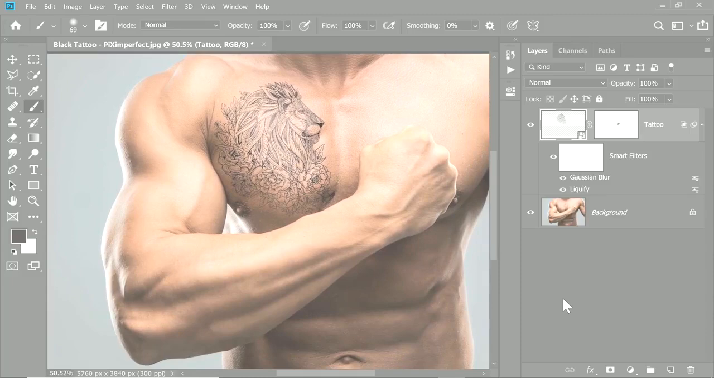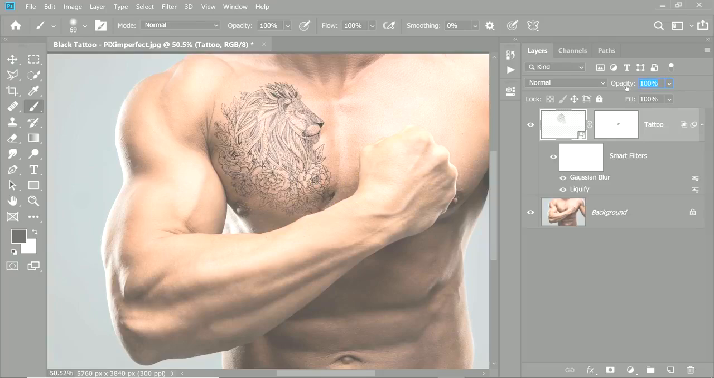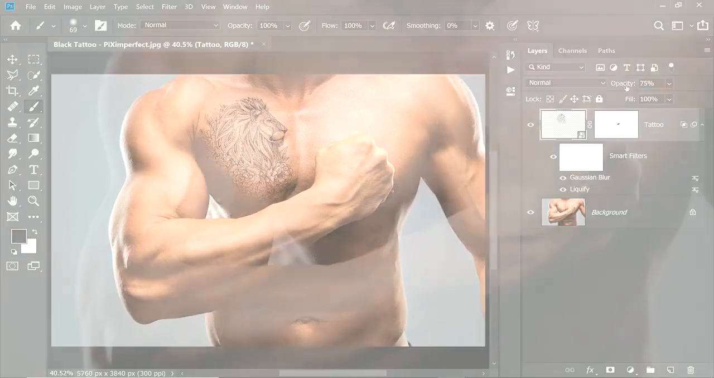Remember, opacity will always be your best friend. Decrease the opacity from 100 to 75. Now let's have a look. Isn't that fantastic? Now you can continue the